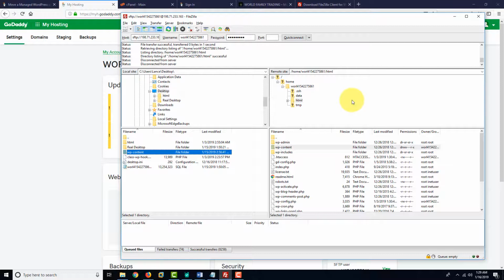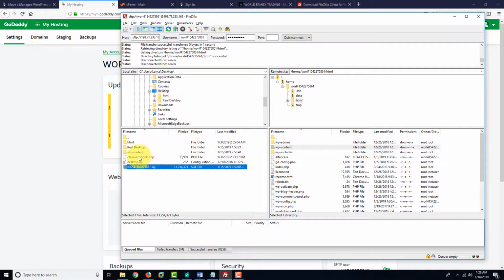But if you do get that box, you'll notice that the two files that it shows you, one of them is going to have a newer date and the other one is going to have an older date. And on the right hand side, where it allows you to choose which one you would like to keep, it'll let you choose the newer one. Always keep the newer one. That's pretty much always going to be the move that you want to make. And like I said, that's really only if that pop-up box appears. But otherwise, at this point, we've got the SQL file, aka the database, downloaded, and we've got the WP content